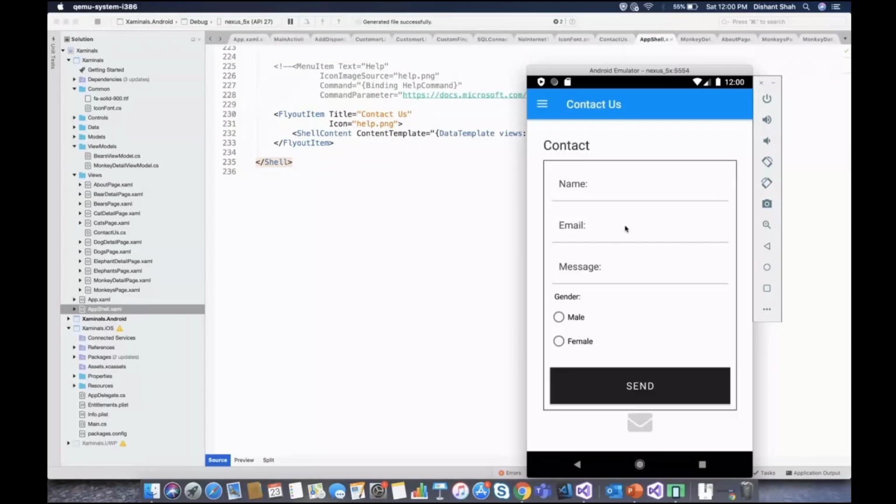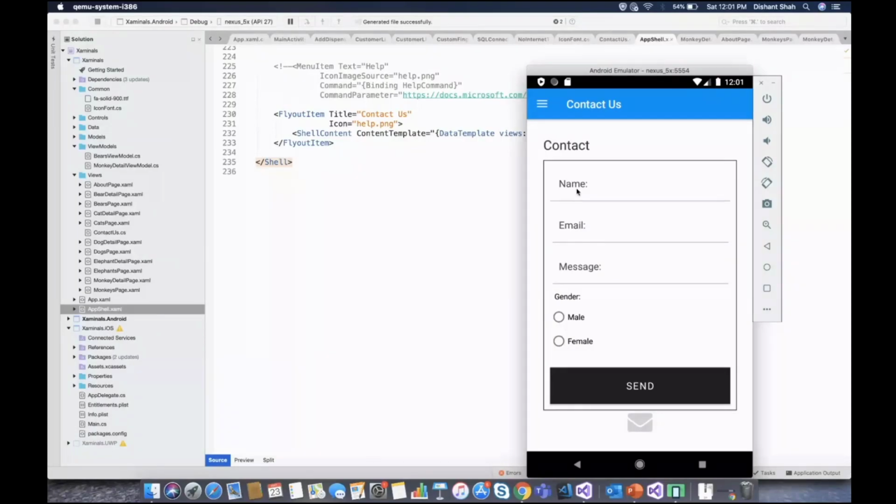Okay, here we go. You can see that this entire page is defined in C#. We have this label header called contact. Then we have this form, which is the second row, and the last row is just the font image source. We have this name, email, and message.